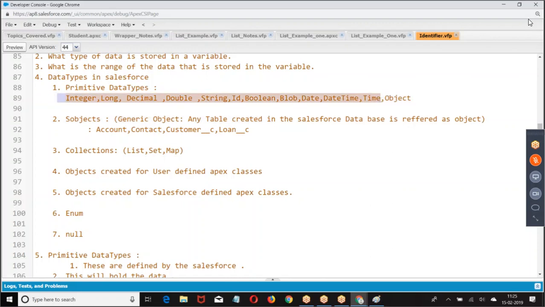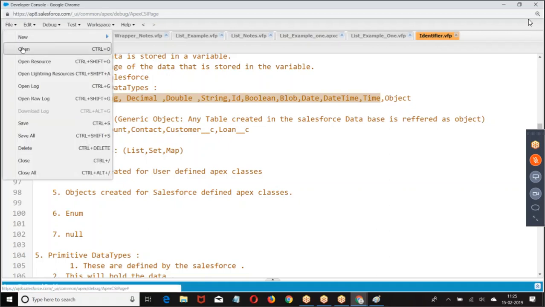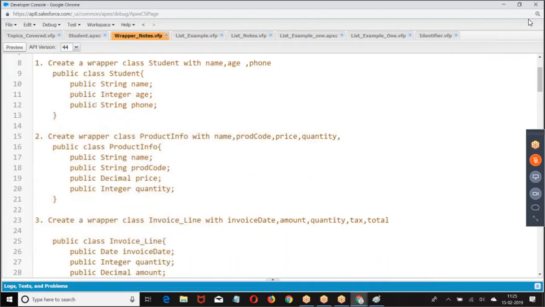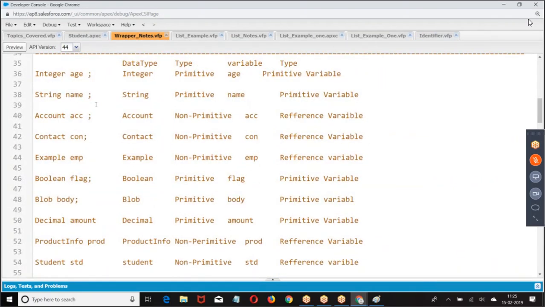I already discussed primitive data type, non-primitive, right? When I write Account ACC, what is the data type? Account.